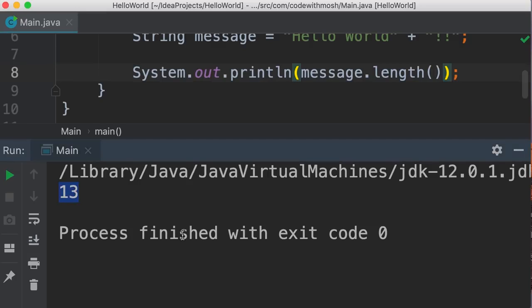And this is useful in situations where you want to check the length of the input by the user. For example, you might have a sign-up form with a username field. You can check the length of someone's username and give them an error if the username is longer than, let's say, 20 characters. Pretty useful.